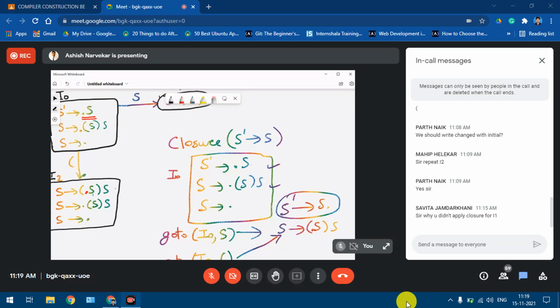We'll discuss tomorrow. One more thing: please brush up your concept of first and follow, how to find follow. This is where our first and follow concepts will come into the picture. So for that you should know first and follow also. Please brush up all that and come